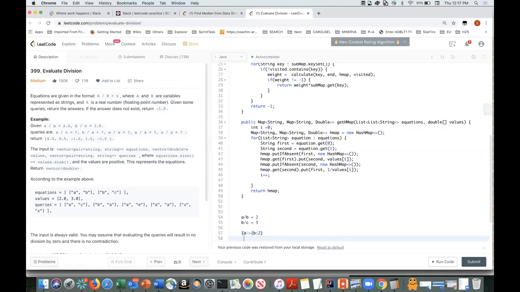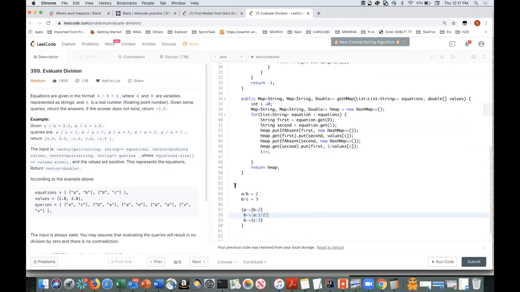So the reverse of it will be: the denominator will be my key now, and the numerator will be my key of the submap, and it will be 1 by 2. Right? From the first equation A by B equal to 2, I get two values, one for key A and another one for the key B. Right?